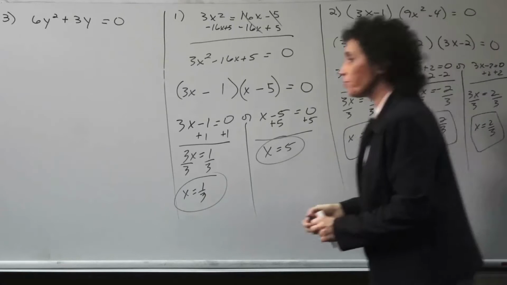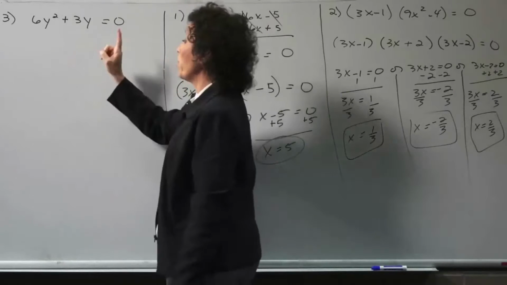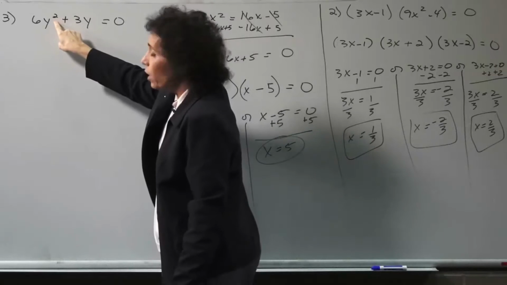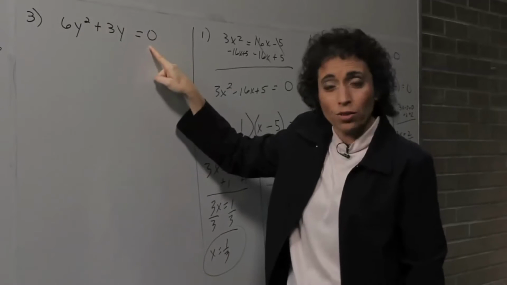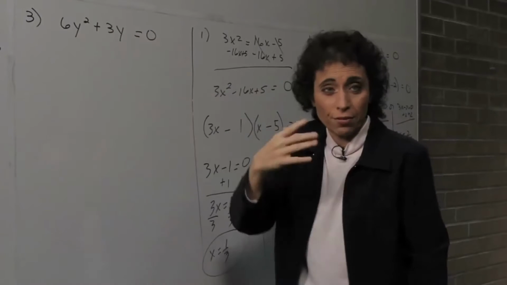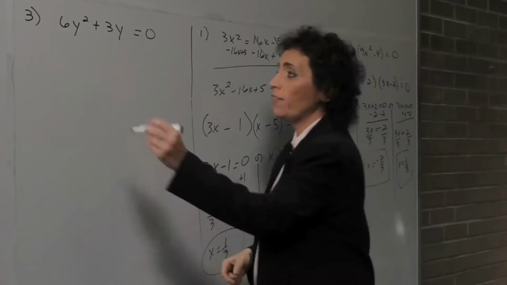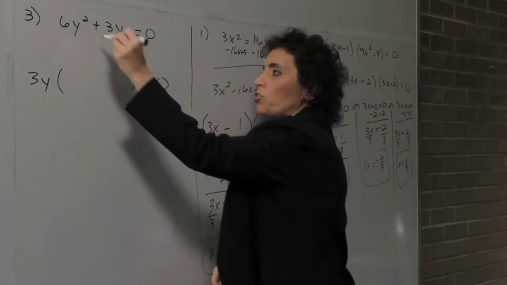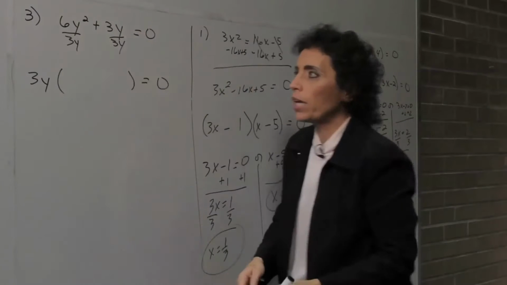Let's do the third one. First of all, we have to figure out what we're doing. It is a quadratic equation because the degree is 2. So since the degree is 2, we want it set to 0. Thank you, they did that for us already. Now we have to factor. The first step of factoring is GCF. Yes, we have a GCF. It's 3y. One set of parentheses. Remember what a GCF does: we divide by 3y. And we get 2y